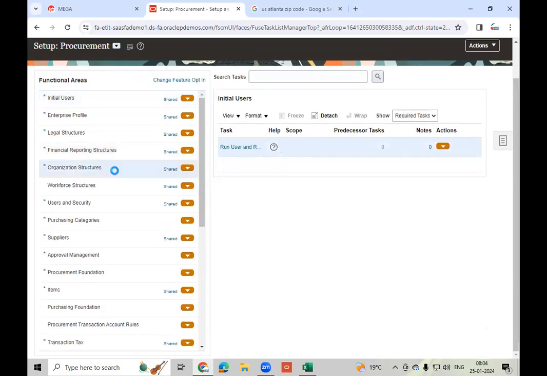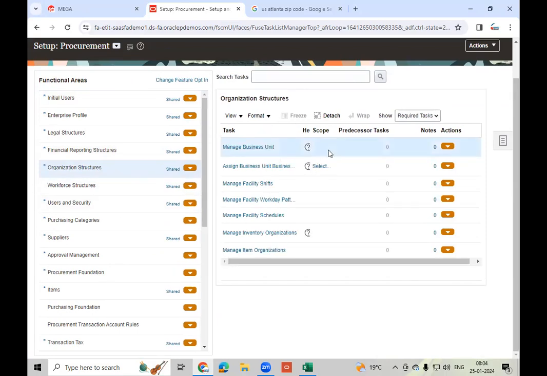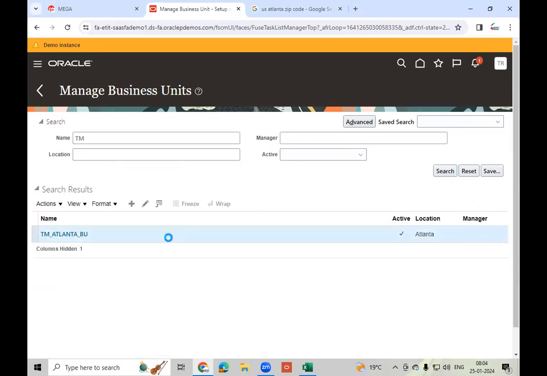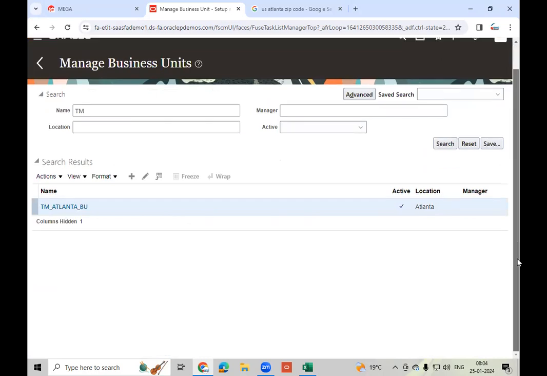So here also there is an organization structure under procurement. Some common setups you can define from anywhere. Some problem happened. Now it's fine. So find your business unit, select, and that